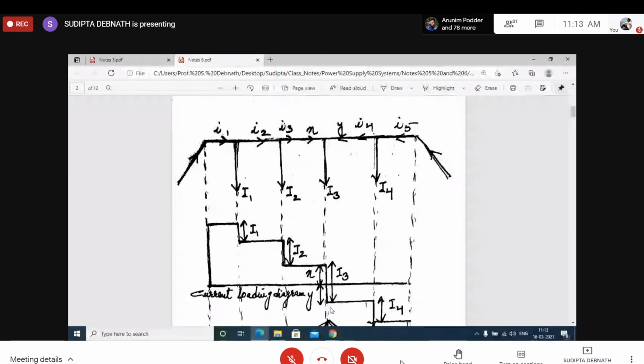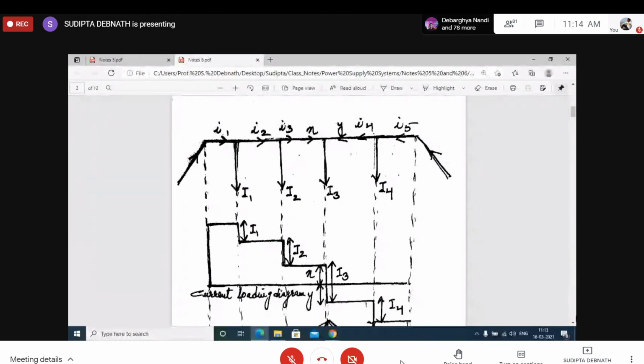Again, it will go on increasing on the right hand side because current is being fed from the other end. In the singly fed distributor, it will stop here, with no current from the other side, but here it will continue. The current will also flow from the other side. And this will actually be I5. This whole current will be small i5. Then you find the voltage drop diagram.